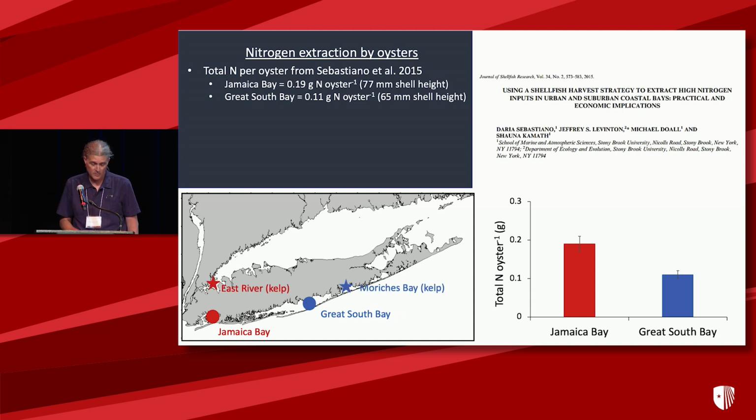Moriches Bay. So both Jamaica Bay and the East River are urban water bodies heavily impacted by nitrogen, while the Great South Bay and Moriches Bay are shallow suburban lagoons with lower nitrogen loading on Long Island South Shore. So in this study, we found an average of 0.19 grams of nitrogen per oyster in Jamaica Bay and 0.11 grams of nitrogen